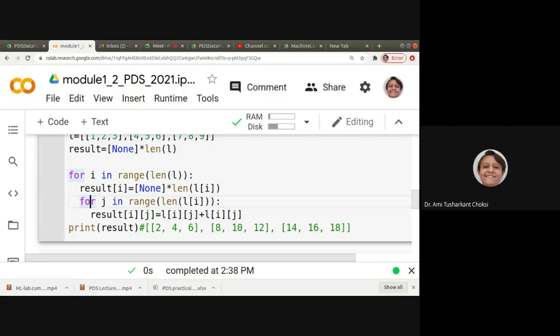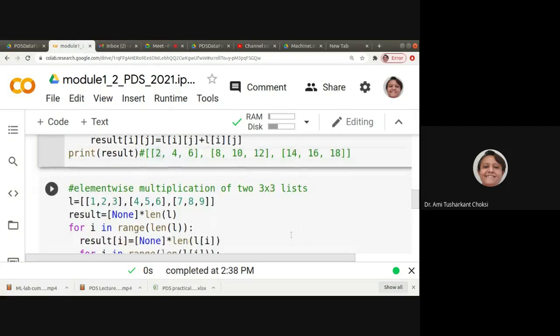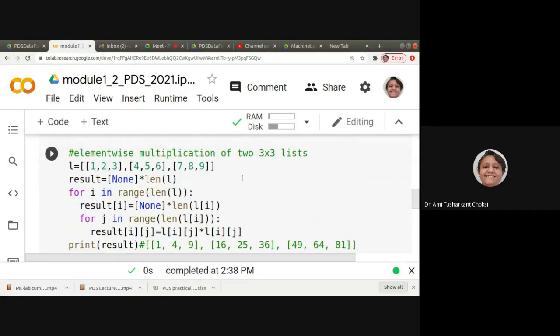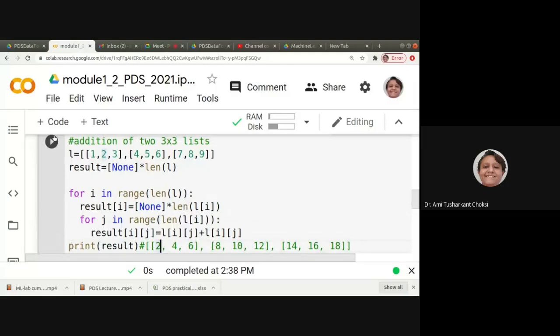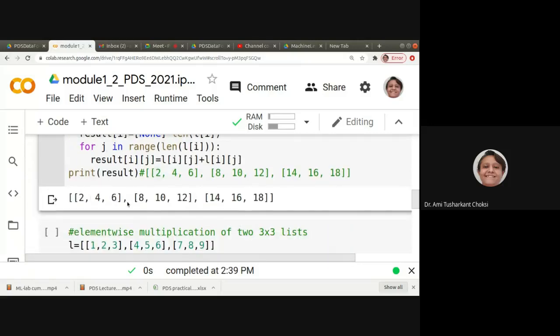We want to do the addition of same matrix, okay, same matrix with itself. So we'll be getting the output as 2, 4, 6, 8, 10, 12, and 14, 16, 18. Okay. Element wise multiplication of 3 cross 3 list. First of all, we run this, then we'll do that next example. Okay, 2, 4, 6, 8, 10, 12, 14, 16, 18, right?